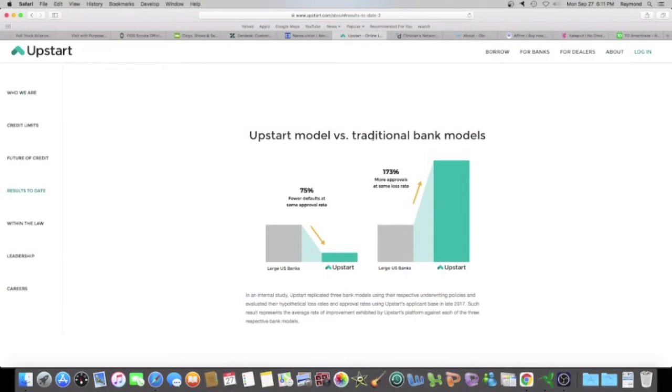The Upstart model versus a traditional bank. And they just go into what they claim is that their AI can predict fewer defaults based on looking at the person's information. And also they give more approvals to the person that is considered to have good credit and have the capability